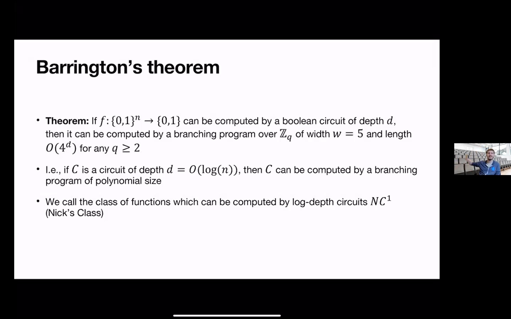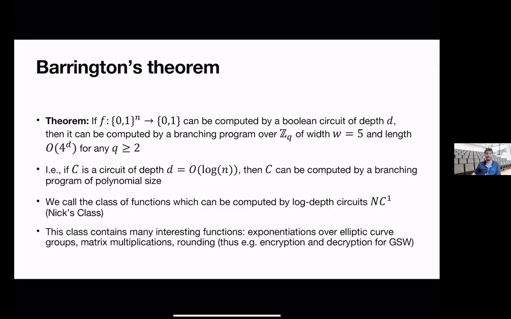In a way, now I'm not talking about branching programs, but about these shallow circuits. Are these shallow circuits any useful? And it turns out, yes, they're incredibly useful. They can do almost all you would wish to do in cryptography. There's a few things you cannot do in low depth, but